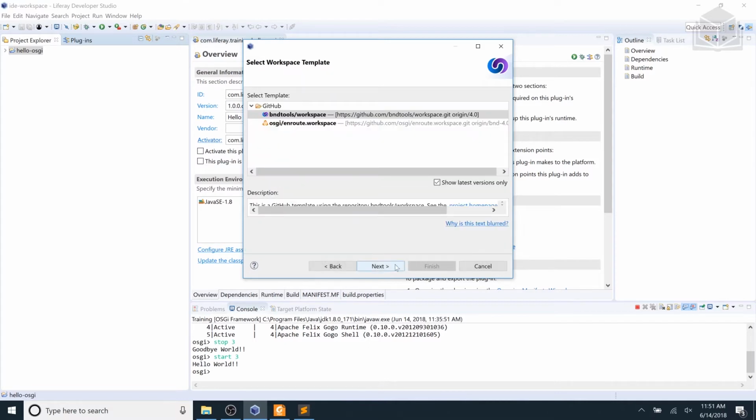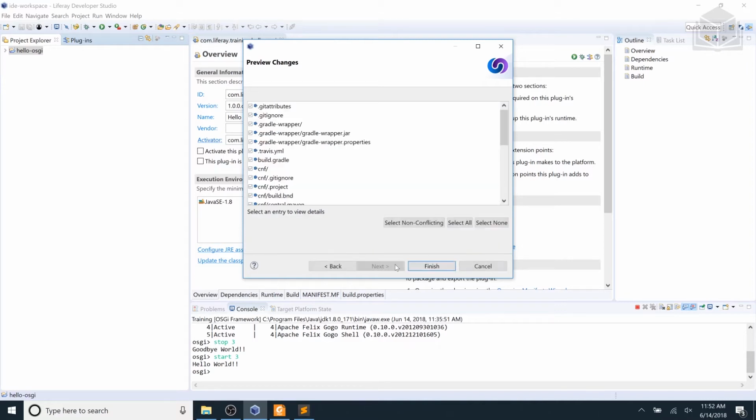From there, it's then going to show us a couple of different options. Now, as a word of warning, if you have a very strict network, sometimes you might not see anything. So if you don't, that's probably going to be one of the root causes, just as a warning. Once here, we'll see two different options. We're going to select the one that's already selected for us, BND Tools/Workspace. Once that's selected, let's go ahead and click Next,